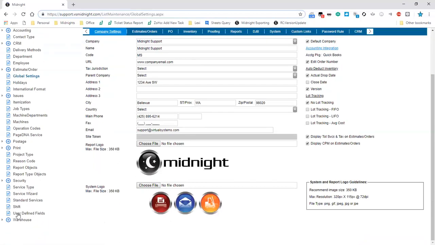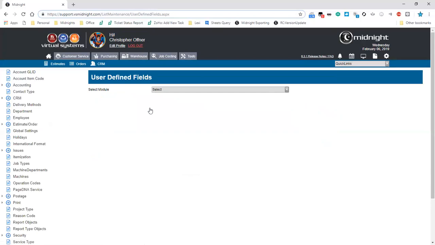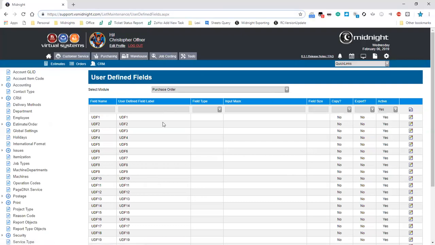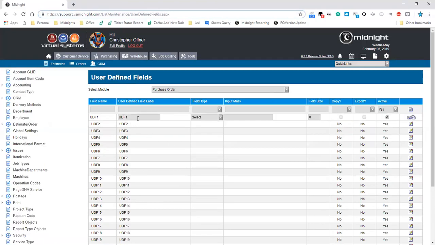Additionally, we do have the ability to create user-defined fields for the vendors as well as the purchase orders themselves. You can do those by accessing the user-defined fields list and creating a vendor, purchase order, or purchase order item UDF named according to what you deem necessary. Using this, just like in our other areas of Midnight, requires that you simply edit the row, create a label name that is not the same as the field name by default, fill in a field type such as what the UDF is supposed to refer to, either simply a text value,